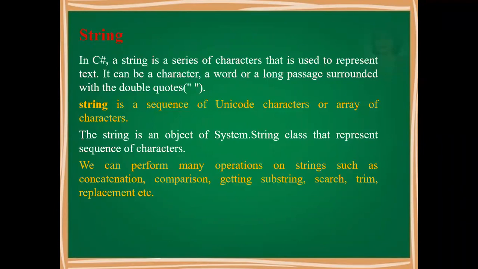So in C sharp, we can perform many operations on strings such as concatenation, joining of strings, and comparison. Okay. So what is the string? As you know, C sharp is a case sensitive language, so capital A and small case a are different. That's why comparison. You can extract a substring from the string. Okay. You can search for a letter in the string. If there is a large string and you want to find a single word or single character, you can search. We can trim the string, we can remove a few words from the string. Okay, and we can replace in the string. If we want to replace a with b in the string, that we can do.